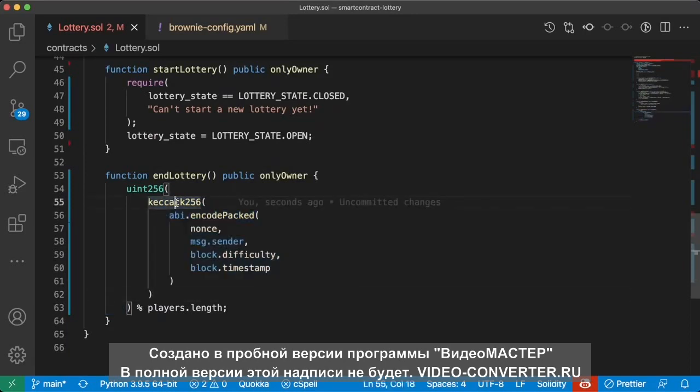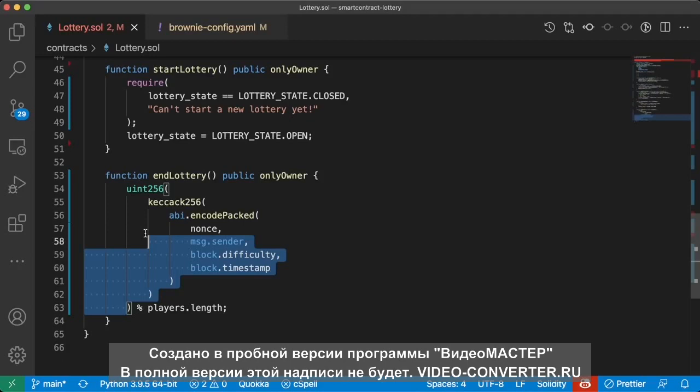Then they use keccak256, which is, again, our hashing algorithm. So they hash a whole bunch of variables together, and they do this with abi.encodePacked. ABI is another keyword for some low-level work. They'll add maybe a nonce in. They'll add the message.sender, block.difficulty, and block.timestamp. Basically, what they're trying to do here is take a bunch of seemingly random numbers, mash them all together in a hashing function, and then say, yeah, this is pretty random. But the issue here is that